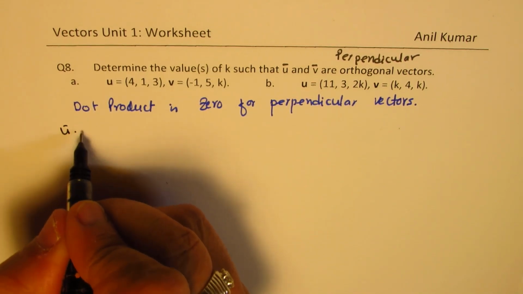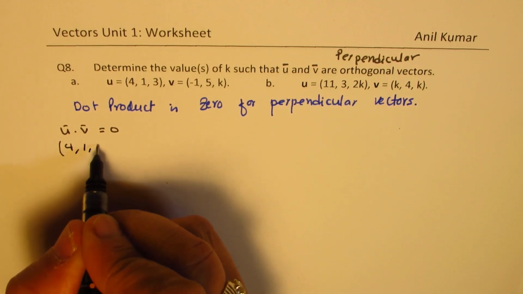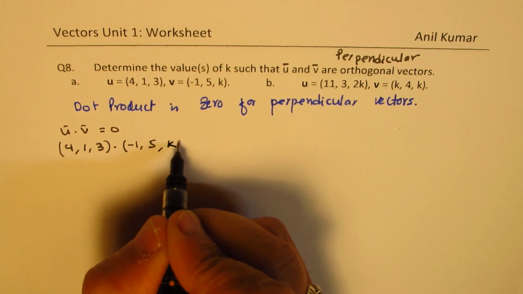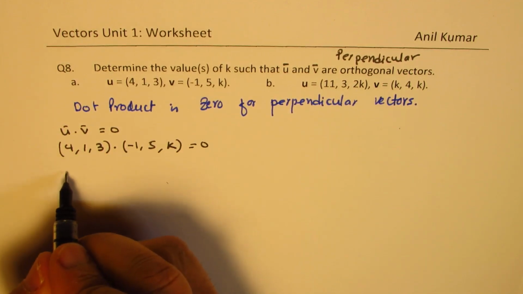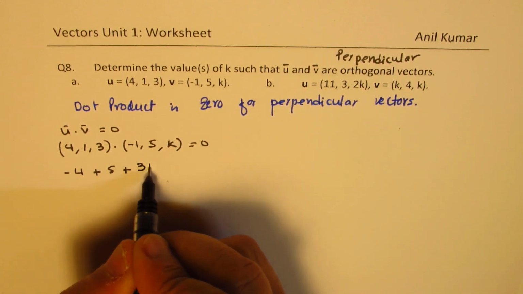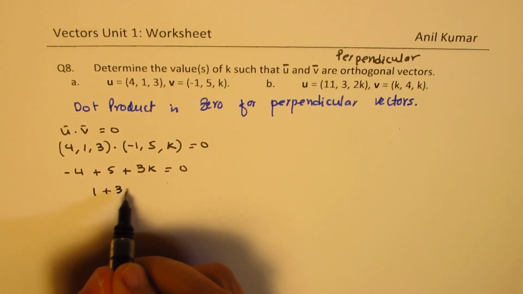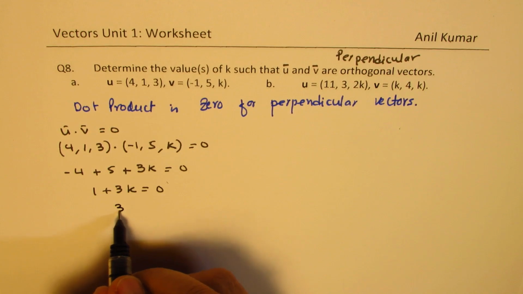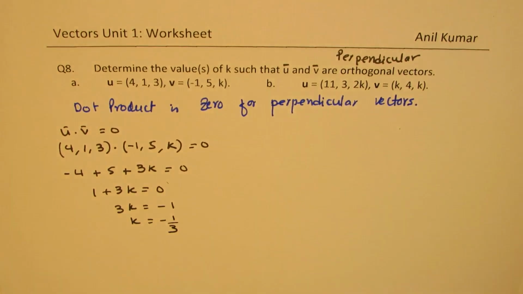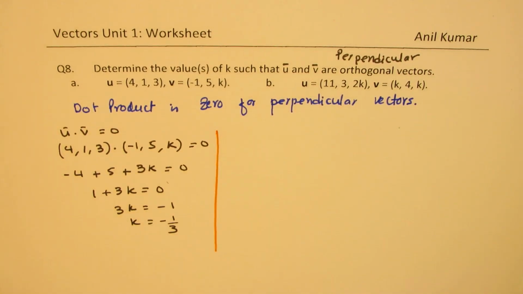So we are doing u dot v equals to 0. U is 4, 1, 3 dot v is minus 1, 5, k. And so when you do this, you get minus 4 plus 5 plus 3k equals to 0. So that is 1 plus 3k equals to 0. So 3k equals to minus 1, or k is minus 1 over 3. So we get our answer. Right, that is relatively simple. The second part,